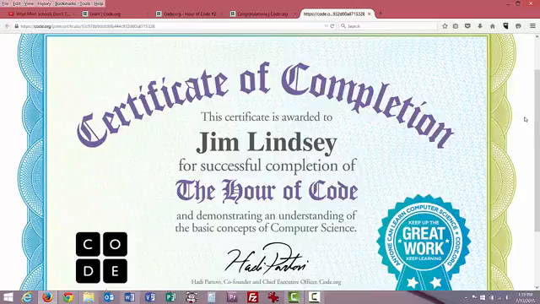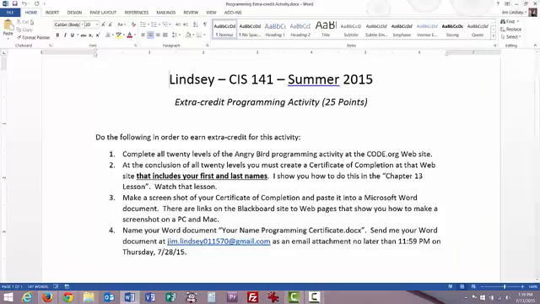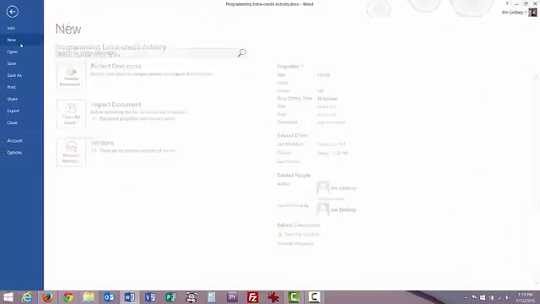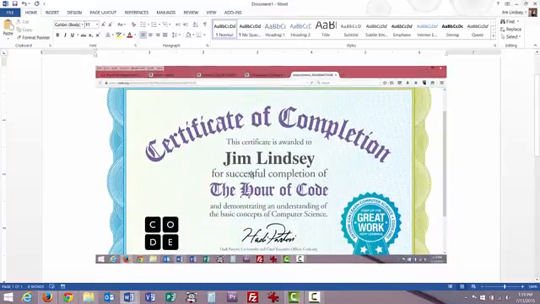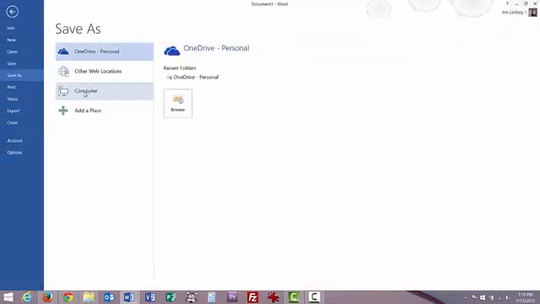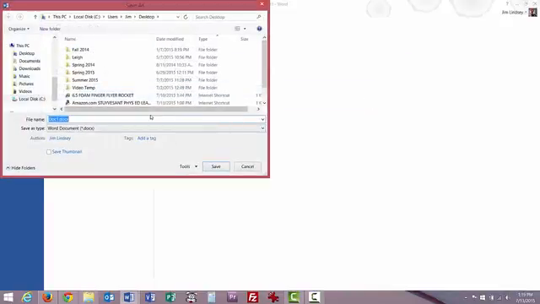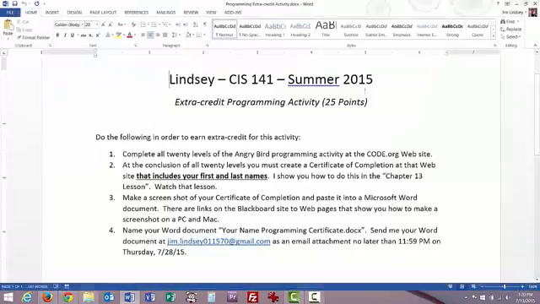Well, on a PC, I'm just going to use a screenshot. Again, I'm using like Windows 8.1. I'm just going to use print screen, jump over to Microsoft Word, create a new document here, and then what I'll do is I'll paste that picture into that document, and then I'm going to name this what my name is, certificate. So I'll save as, and I'll put that on my computer somewhere, and I'll call this, Jim Lindsay certificate, and it's going to be a docx, of course. There's my thing,